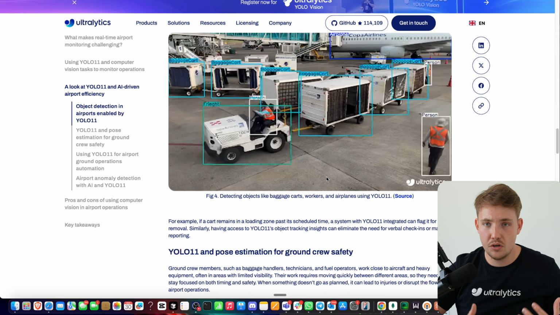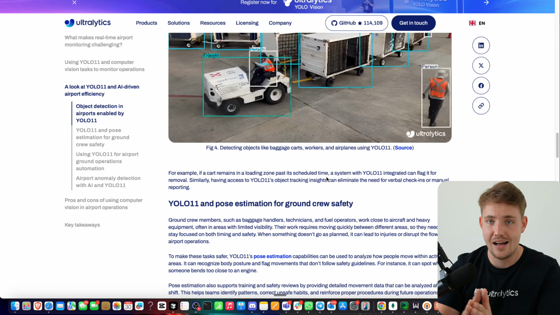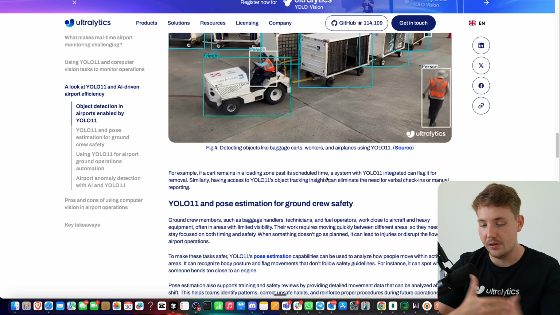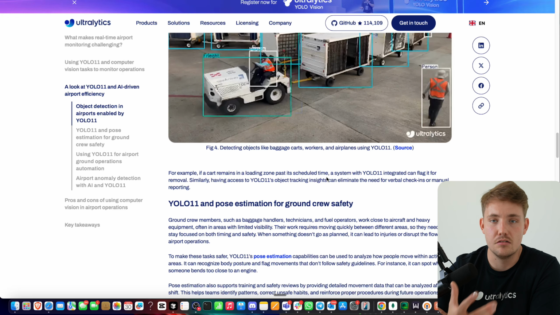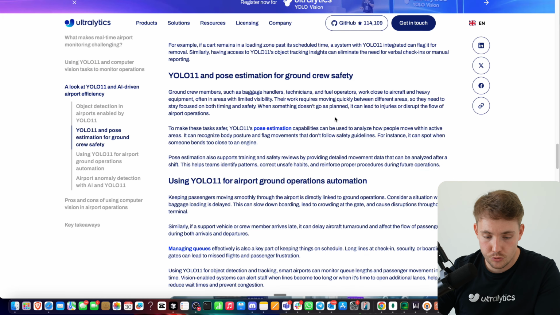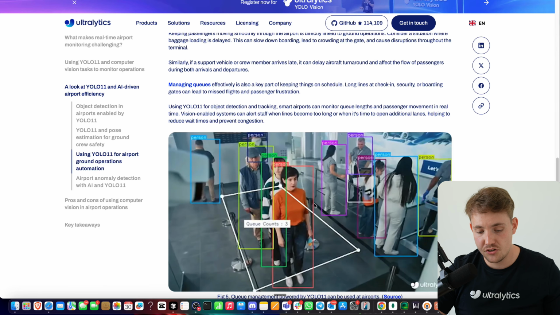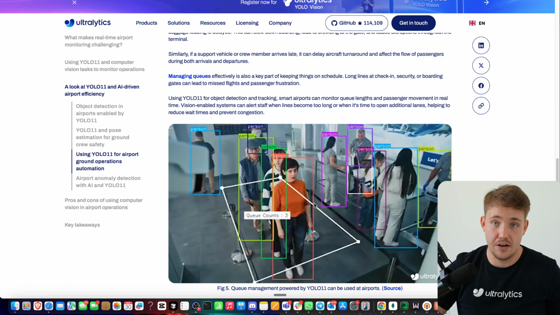It's not really the code itself, it's just a few lines of code. As you know, with Ultralytics, we can use the models out of the box and run them. It's much more about the use cases. How do we build the use cases and business logic around it and get it out there into a real system? So ground crew safety, pose estimation, airport ground operation automation, and queue management system is a very cool one,